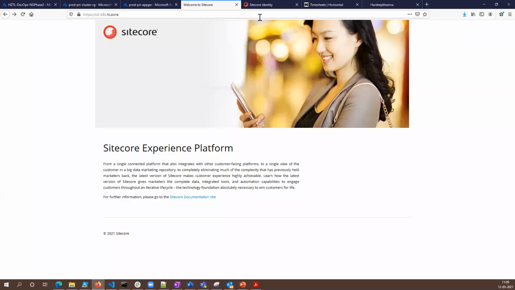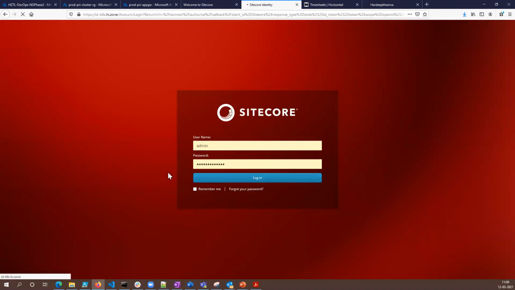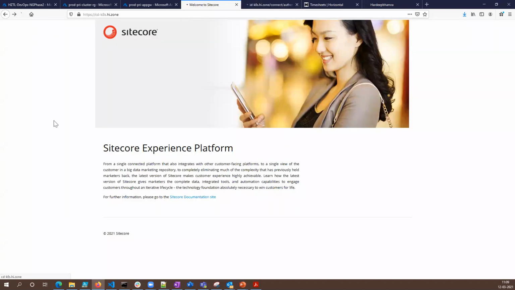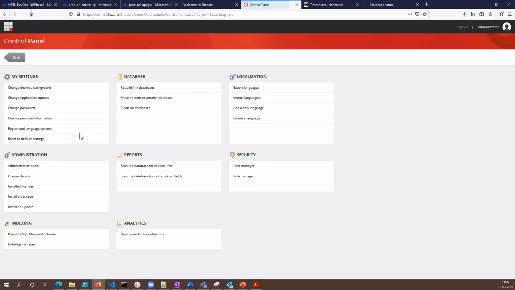Let's try to log in here. So at least I have my pods up and running. There you go. Since the databases are already available, the schema was pre-populated.